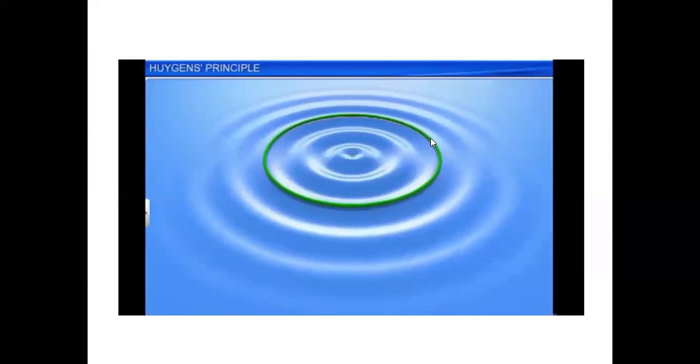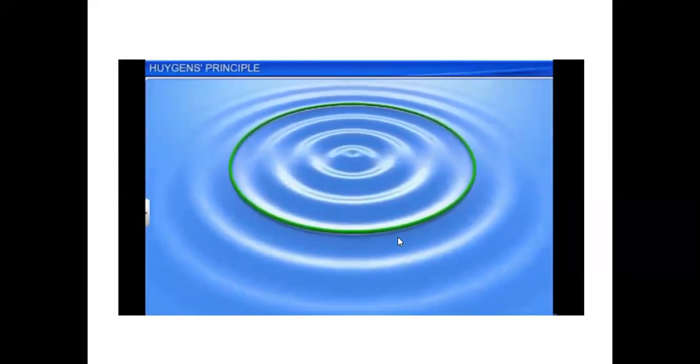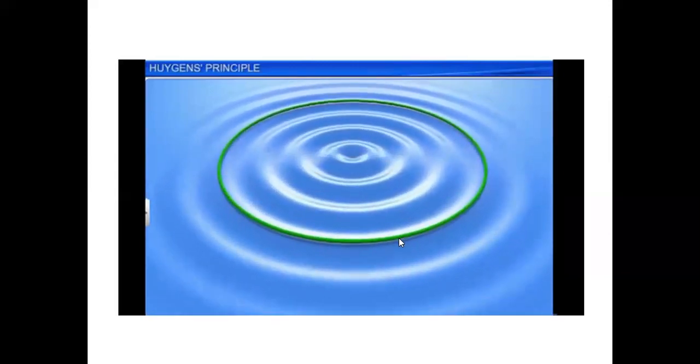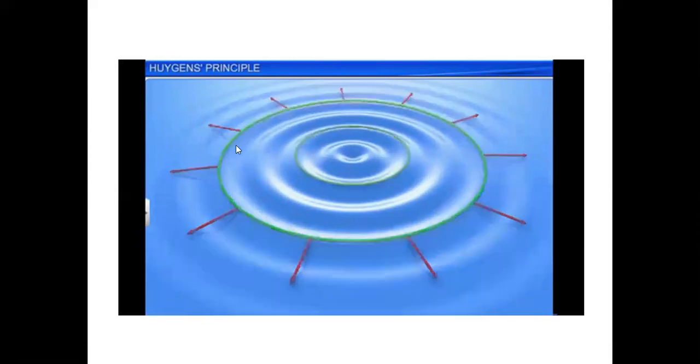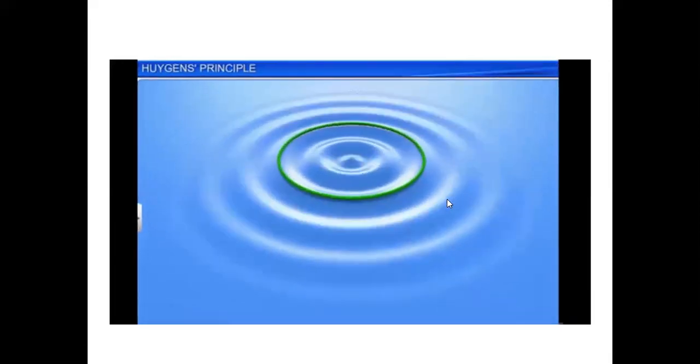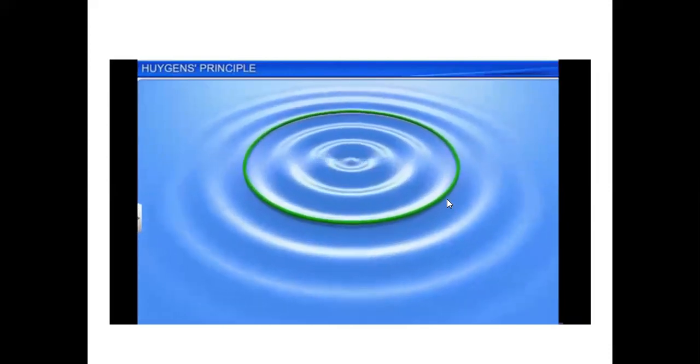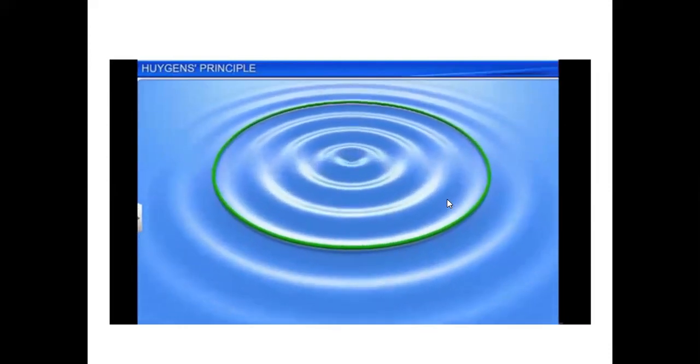So first this wavefront will be produced, the innermost one, and secondly the outer one will be produced because the disturbance grows. So if you want to know in what direction the waves travel, you have to draw a normal to the wavefront. So the normal to the wavefront gives the direction of propagation of the wave, and you can call this a ray. In the case of light, you can call this a ray, the direction in which light travels, and this you can call the wavefront. Okay. Now, if you analyze it in a much more detailed way, it will be like this.